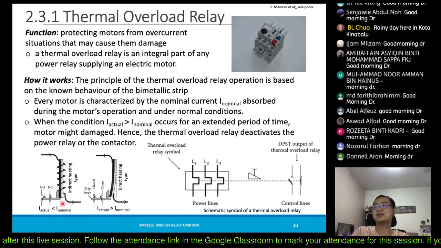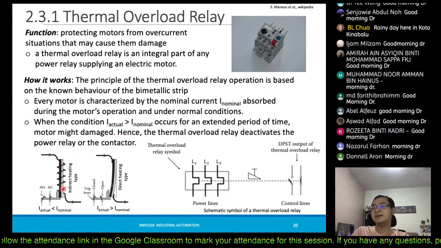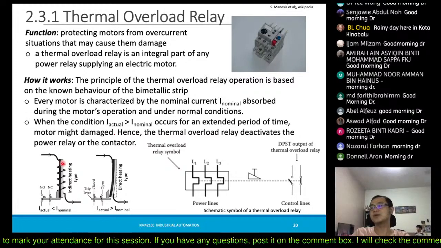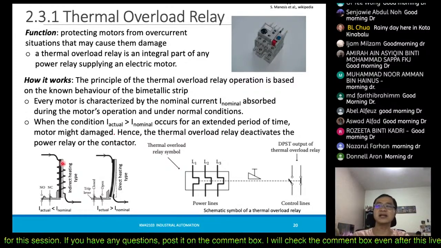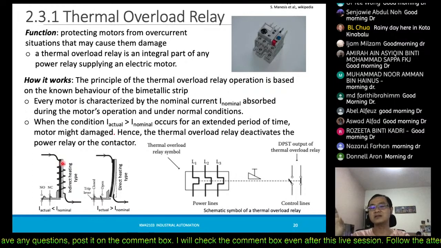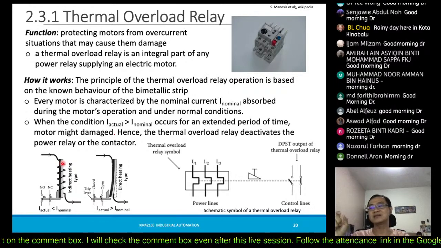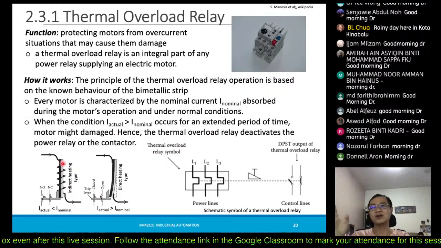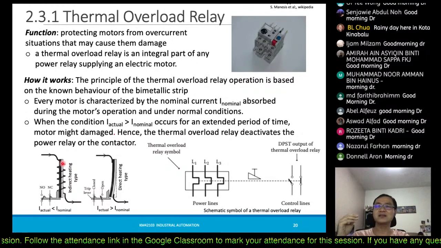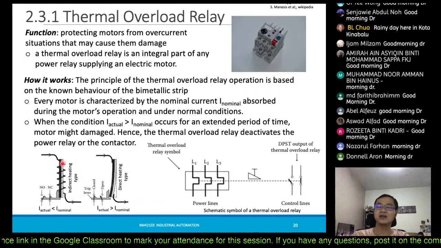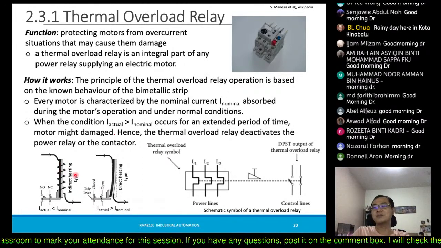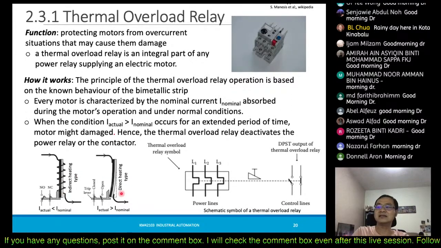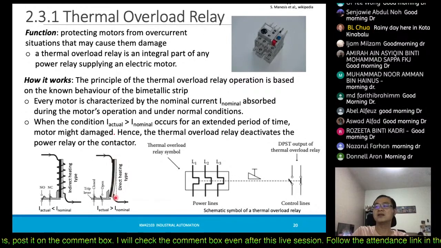Okay, so this bimaterial concept is very common in the industrial automation process. You will see this in many relays and so on, and it is flawless, I would say, unless some mechanism holds it off. Otherwise it's flawless because you don't need to program it. It functions as such due to the behavior of the material. So when you heat it up, at a certain stage of the current, when it's too hot,